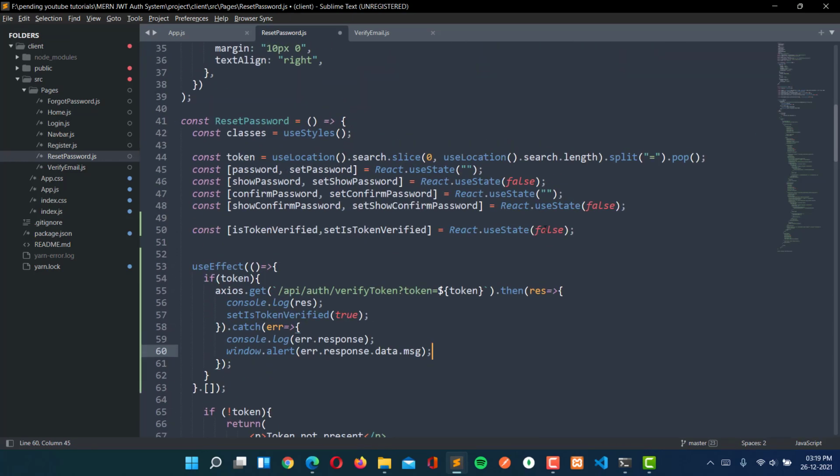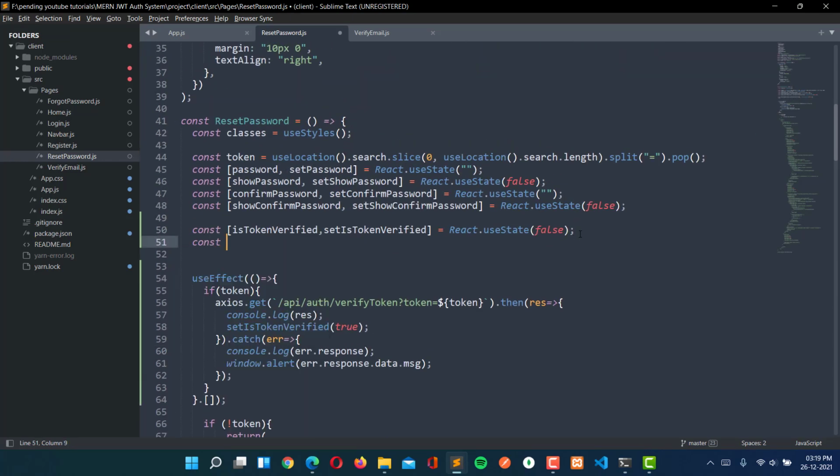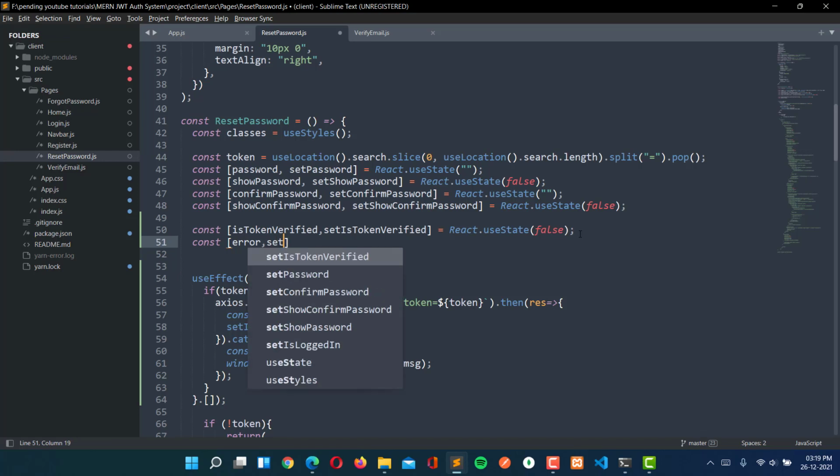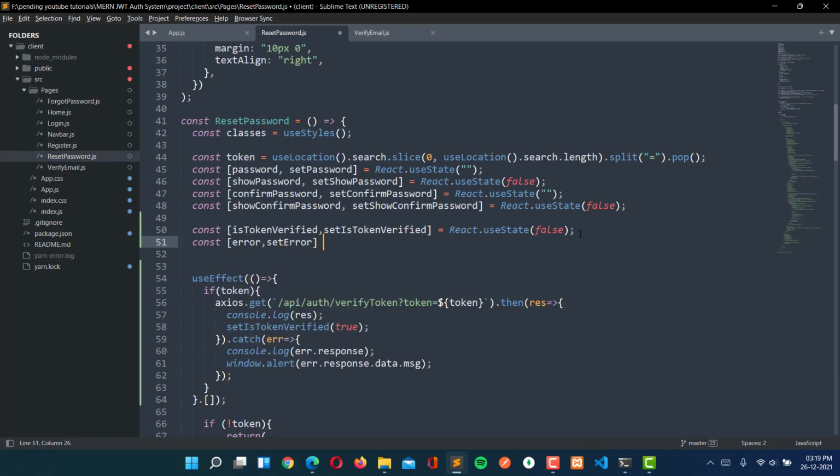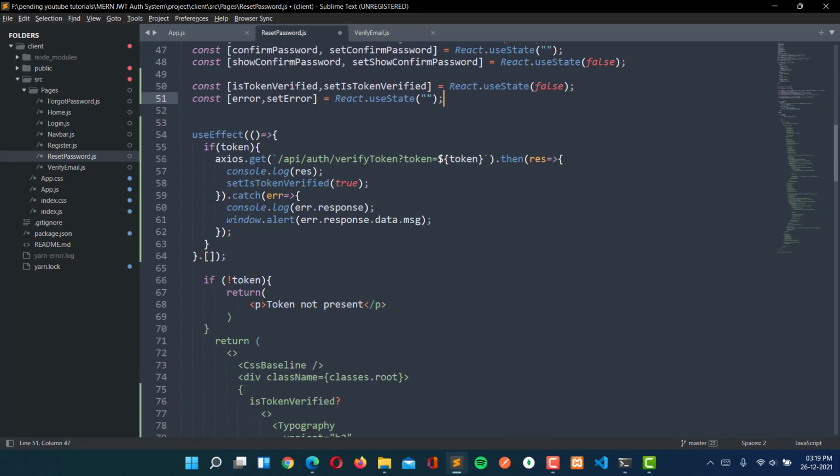And also if there is any error present, we are going to create state for the error, and setError. It will be React.useState, and here by default will be null.